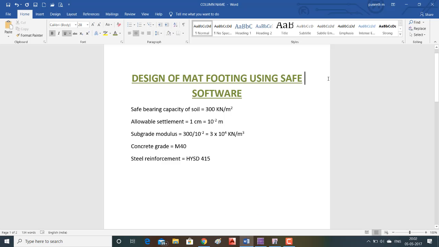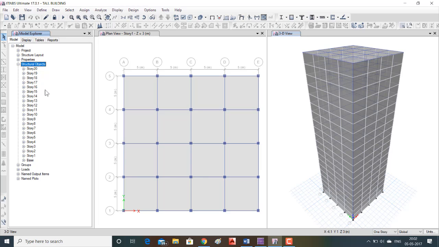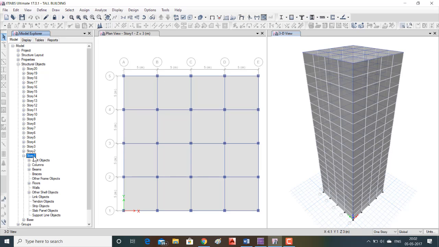Close the table. Now you should point out the columns. For that, go to model, structural objects, story 1, columns.